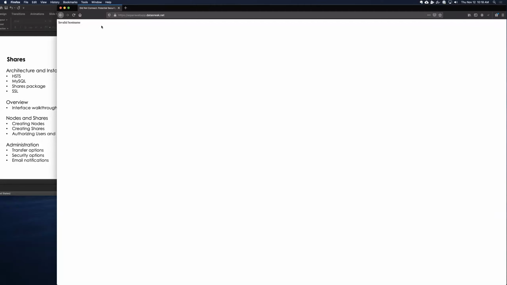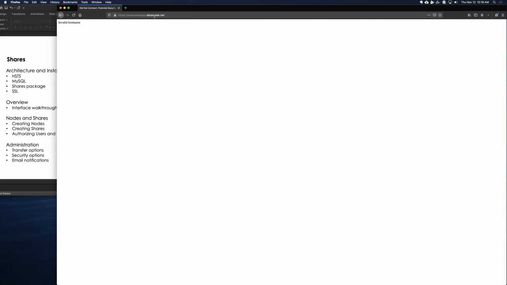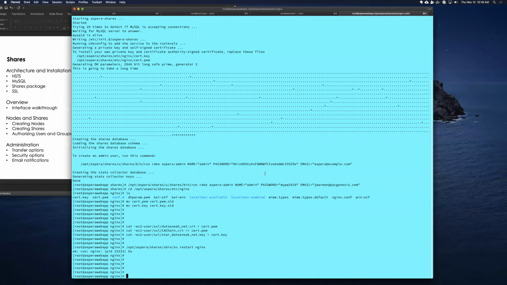This is actually something that all of the most recent versions of the Aspera web applications have put in, and that's a host name validation option to make sure that the address that the user puts into the browser matches something that's expected on the server side. So a little bit of a host name validation piece here. In this case, for Fastspec, if you'll recall from that session, the installer actually asked us what host name to expect. The shares installer, as of right now, has not been updated to do that, so we've got to update this manually. So this is an opt Aspera shares